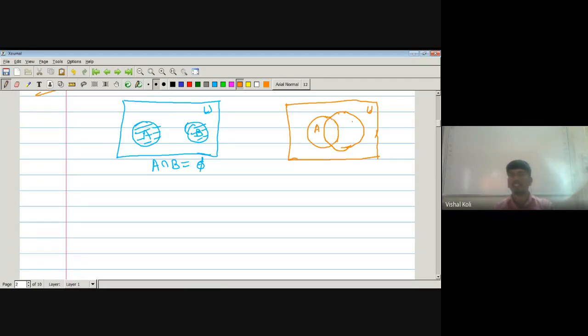So this one is set A and this one is set B. Now we have to find out the A intersection B. A intersection B means we have to take only those elements which are common in between the two sets. These are the only elements, that is the region shaded by the green lines. Okay. So these are the only elements which are common in both A and B. Then by the definition of intersection of two sets, this shaded portion is nothing but A intersection B.